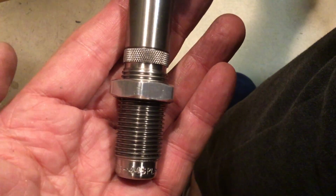Now you tighten that down to compress the rubber gasket. And then you make sure that your riser is also tight by tightening this lock ring up here on top. Now you've got the die and the powder measure installed together, ready to put into the press to adjust it